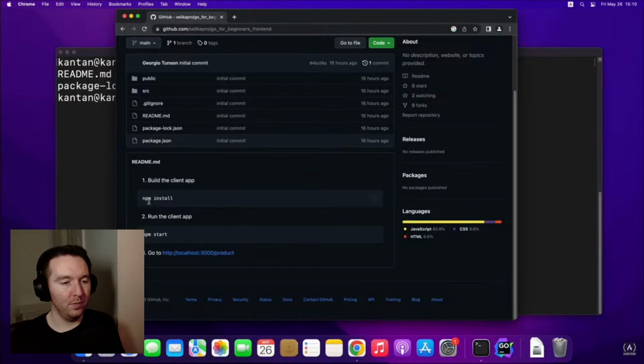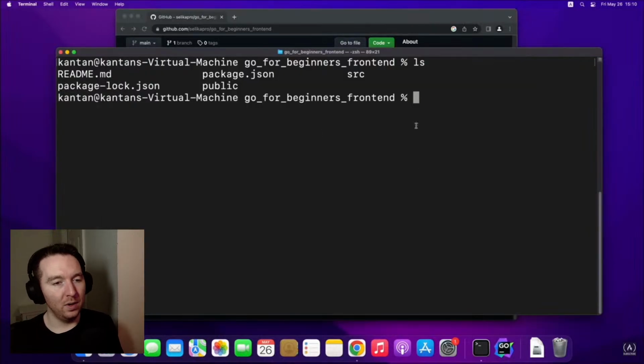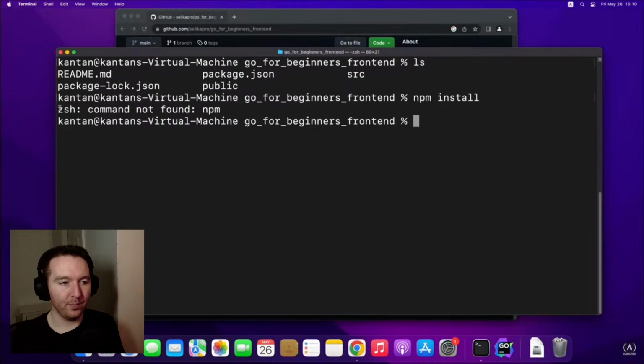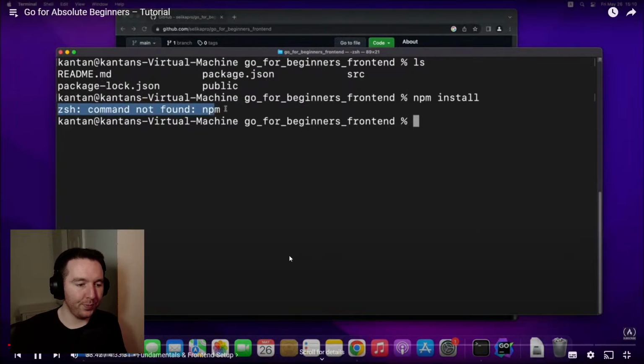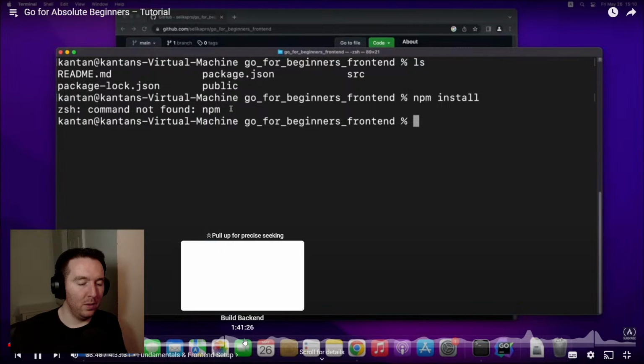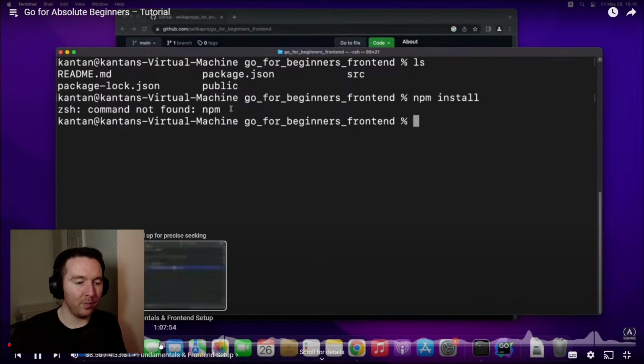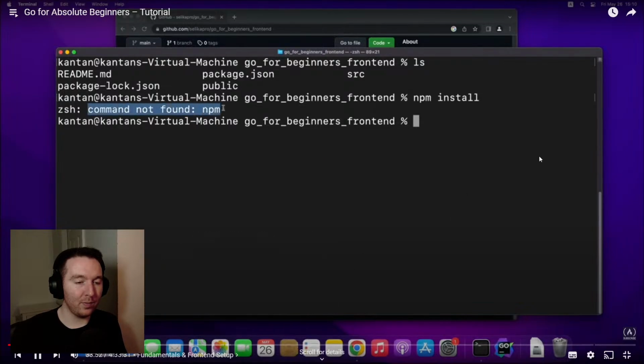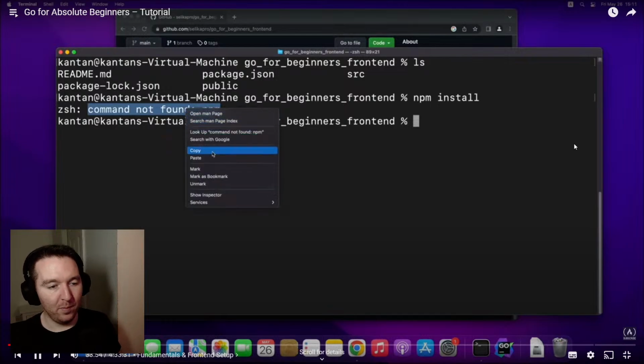So it's saying that we need to run this command in order to build the front end app. So we can just copy this and paste it into our terminal and hit enter. But as you can see, we get command not found: npm. And that's because we don't have Node installed. Now, Node is just one of the dependencies we need to run this front-end application. So actually, if we just copy this